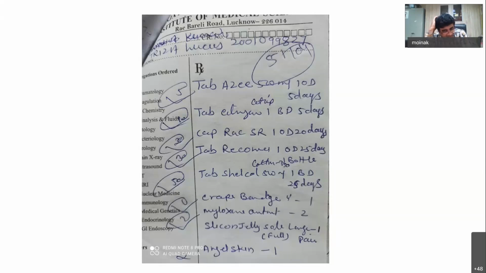How much would you rate this prescription? Sir, if the sign is there, I'll rate it maybe 8. If the sign is not there, then 6. Because I cannot see the sign of the doctor here. Very good. But look closely on the top. The person's name has been changed to something else. Have you seen?